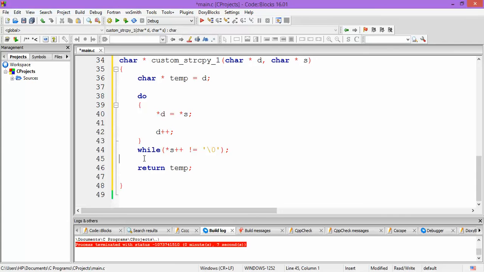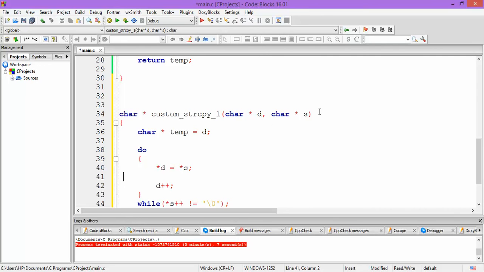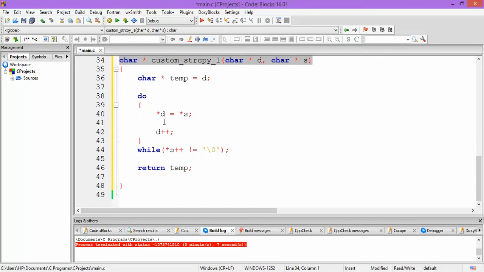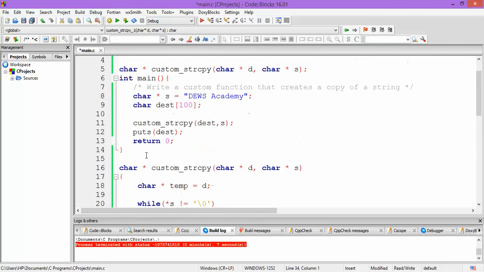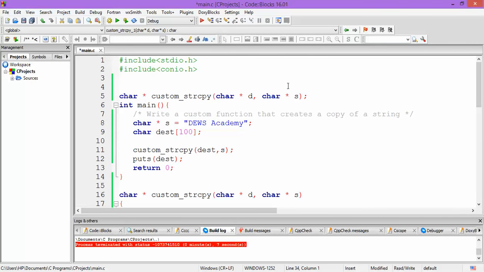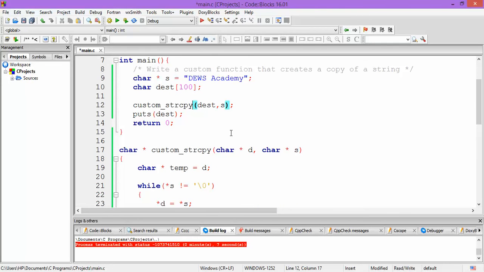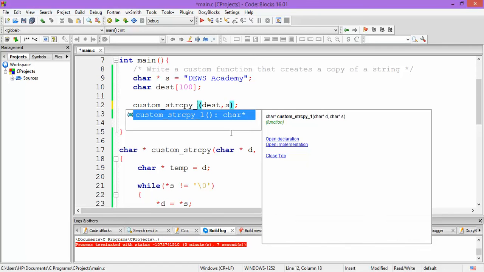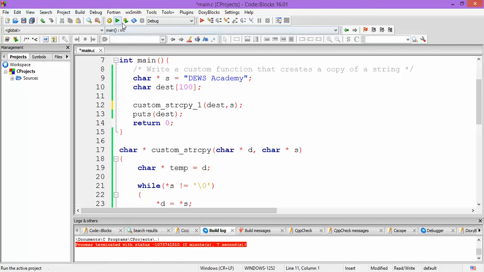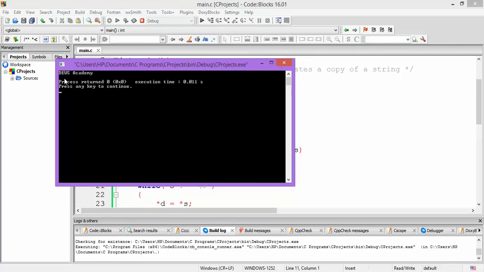So to know how this would work, first of all let us use this function and check whether it is also working fine or not. So this is the function using do while loop, and we have got rid of the extra statement, and now we'll have to check whether it works fine or not. So it is working perfectly fine. So it is printing Dues Academy.